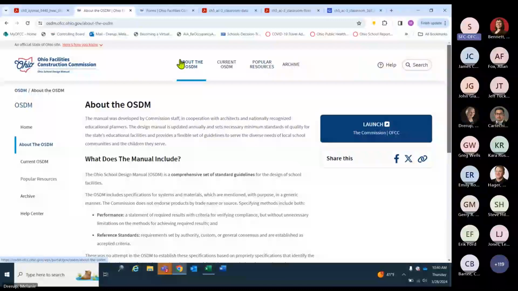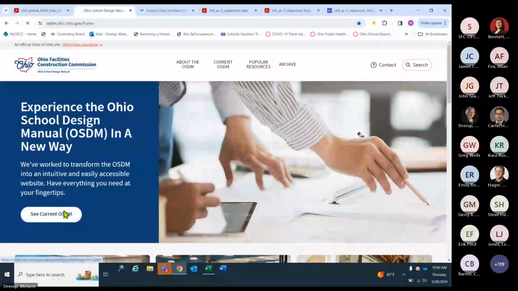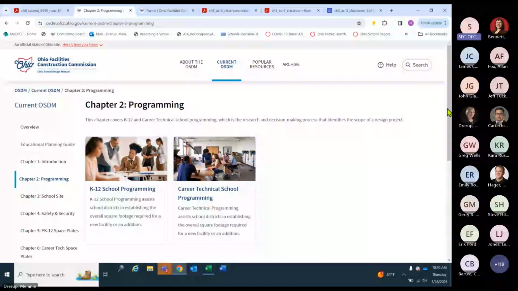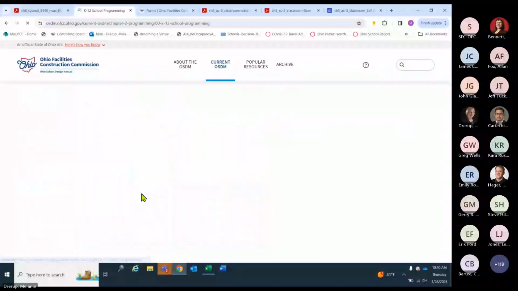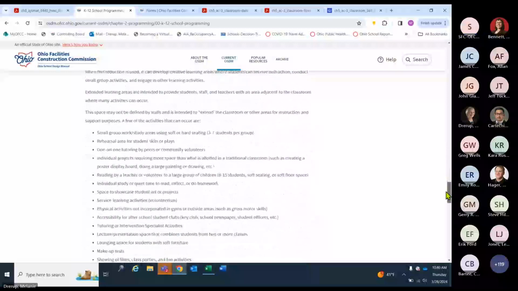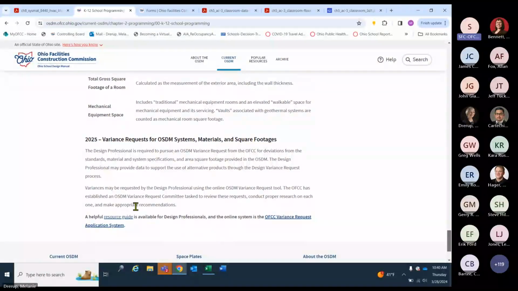And I believe, in Chapter 2 programming, when we click on K through 12 programming, down at the very bottom, there are variance requests for OSDM systems, materials, and square footages. You can access the tool there.